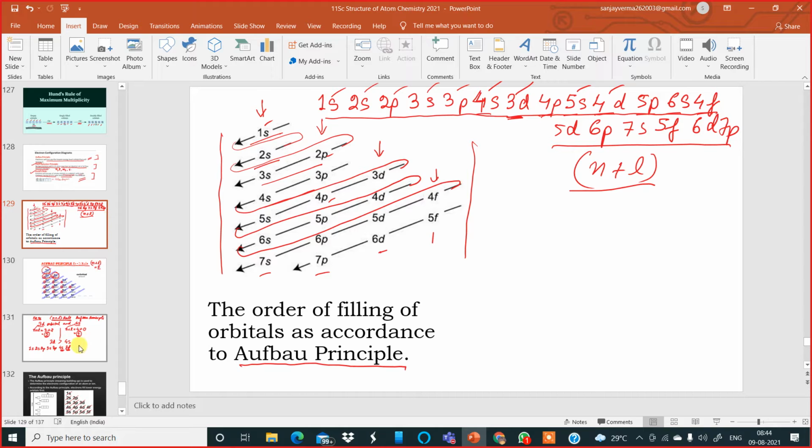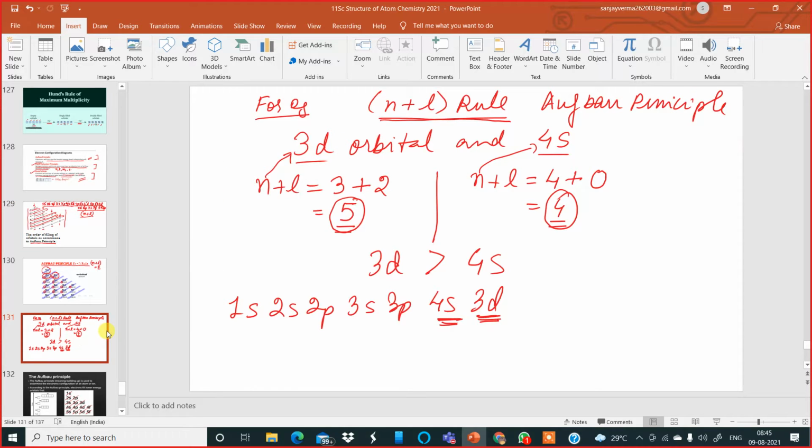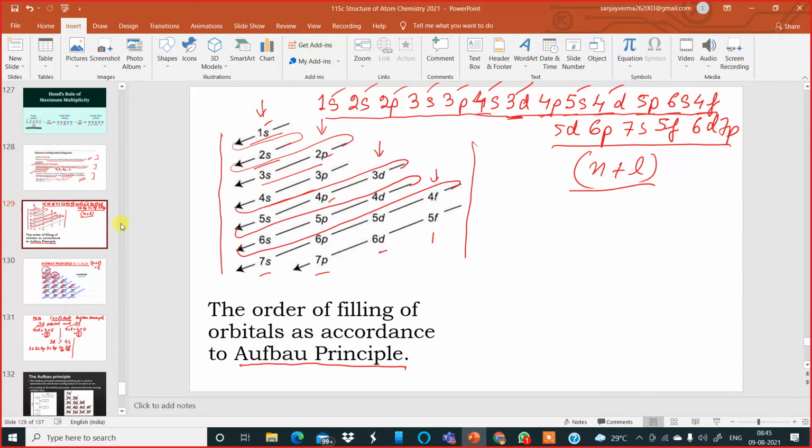So is this clear to all of you, my dear boys? Is this clear? The n plus l rule. You can compare with anything. Yes, sir. You can compare with any other orbital. You can just pick randomly over here. Just compare, say, 6s. Let us compare 5p and 6s and verify whether it is correct or not.